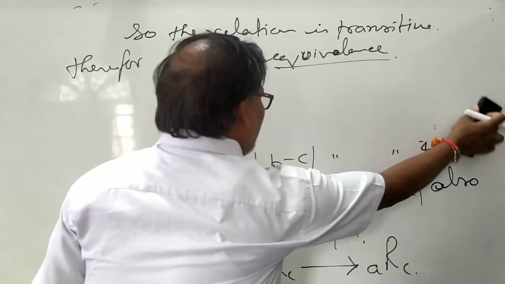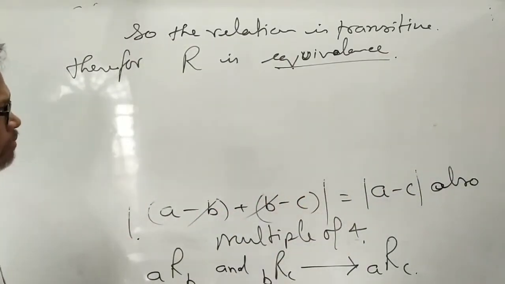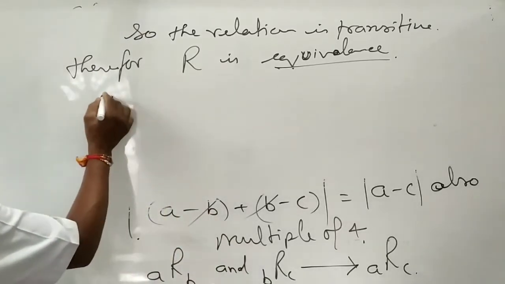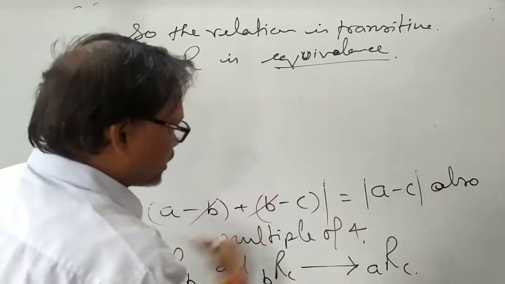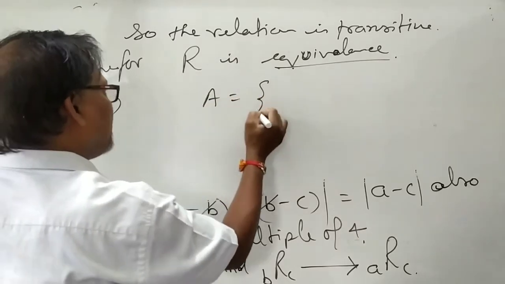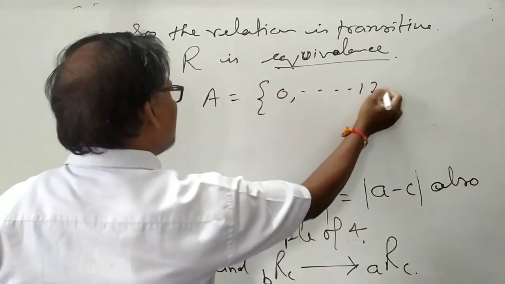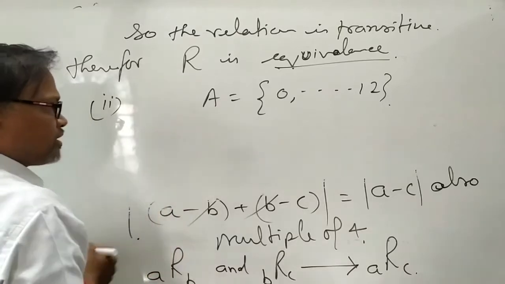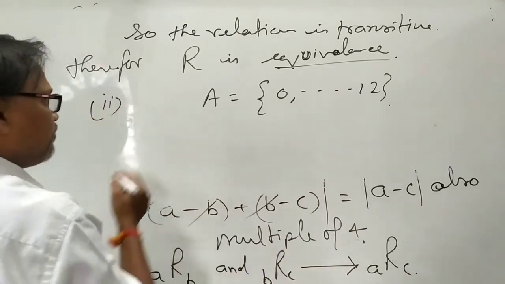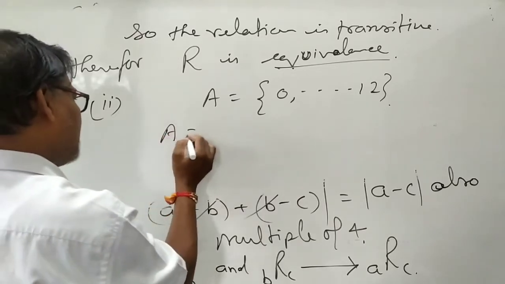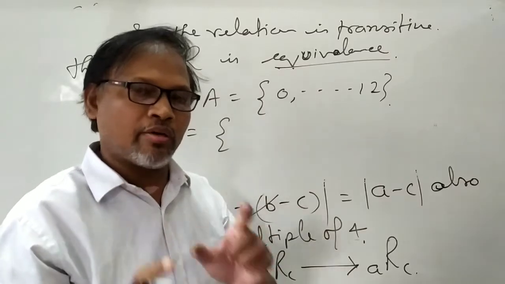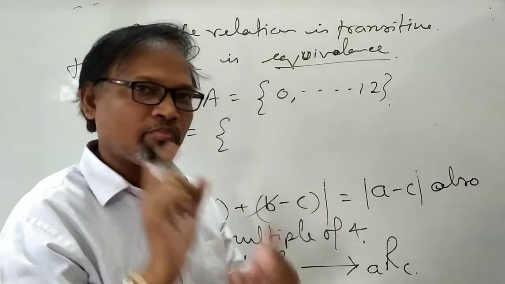Related to 2, all elements satisfy. अब हमें 2 से रिलेटेड वो एलिमेंट्स निकालने हैं सेट A से जो कि इस कंडीशन को सेटिस्फाई करते हैं. तो you can see in the set A, how many elements are there, 0 to 12. तो if we take 2, the elements which satisfy that modulus of a minus b is a multiple of 4.